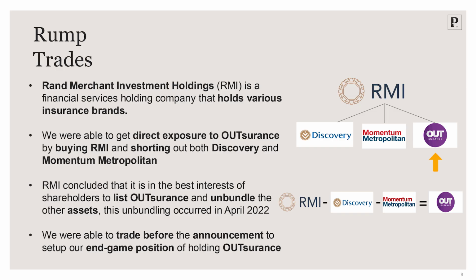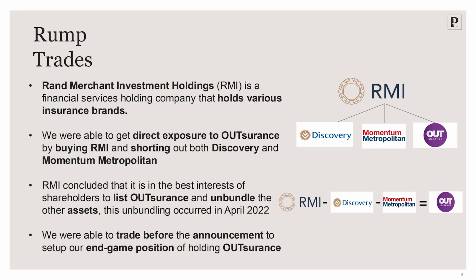But Outsurance wasn't a listed vehicle or a listed company in its own right. And so as a hedge fund manager, we were able to take a view that said, we like Outsurance, we want to be exposed to Outsurance in our portfolios because we think it's going to do very well as a business, but the only way to access that is through RMI. So if you're a long-only manager, your best bet is to say, I'll buy RMI, even if I don't like Discovery or Momentum Metropolitan, I'll buy RMI as that's the only route to market for me to get exposure to Outsurance. For us, we could buy the RMI position and then short out the exposure to Discovery and Momentum